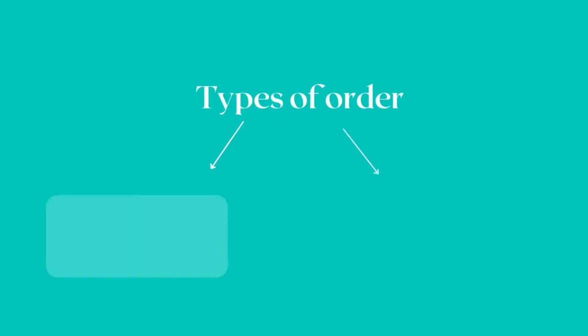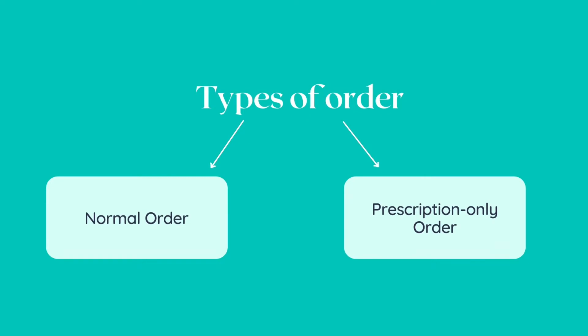In this tutorial, we will learn how to fulfill a customer order placed via your online store. There are typically two main types of orders that can be placed by your customer. A normal order with the medicines added to cart, and a prescription-only order where the customer expects you to call and add medicines to their order. Let us take the first type as an example now.